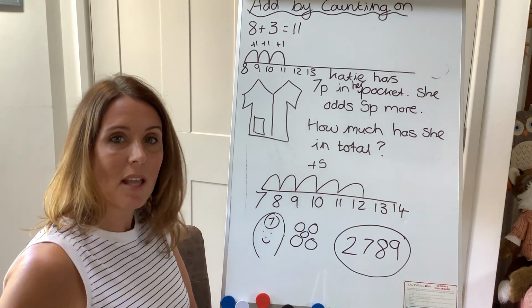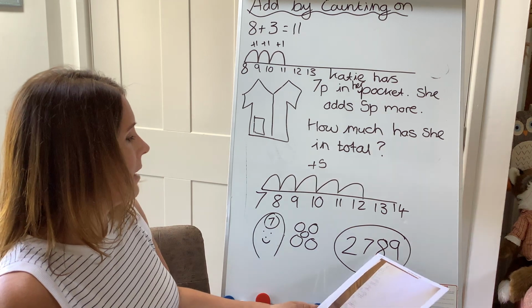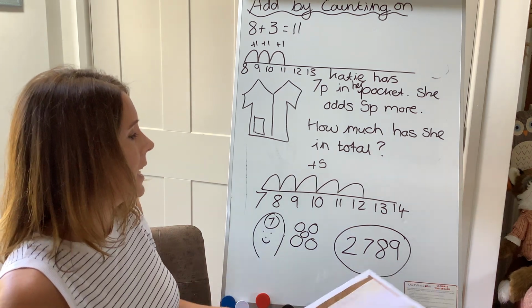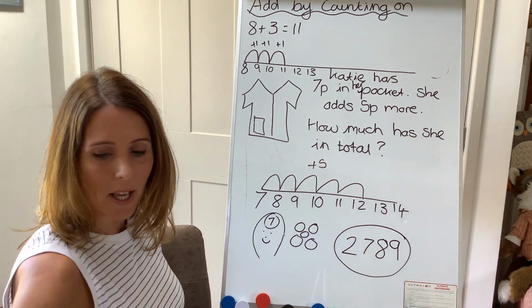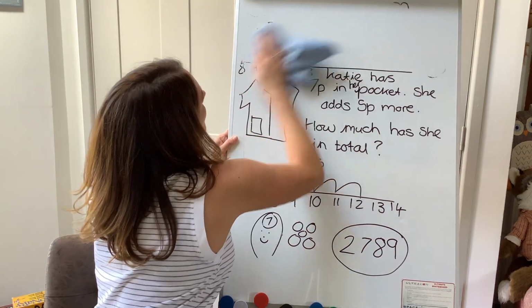So 2,789 add 6 makes 2,795. Okay. The final thing that we worked on this week